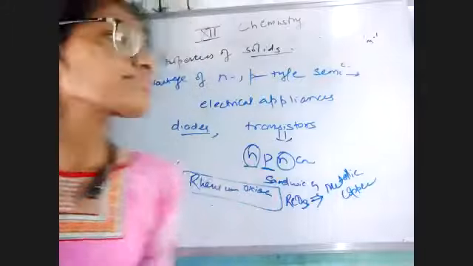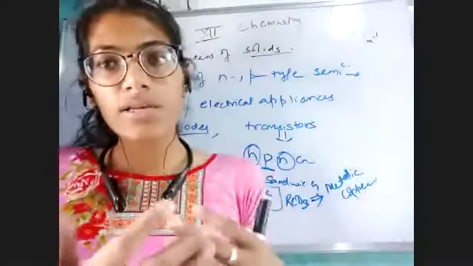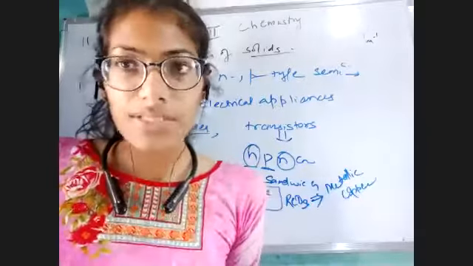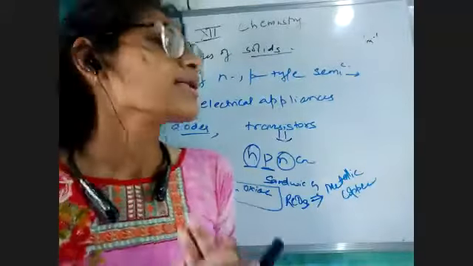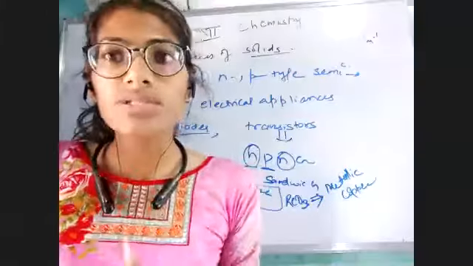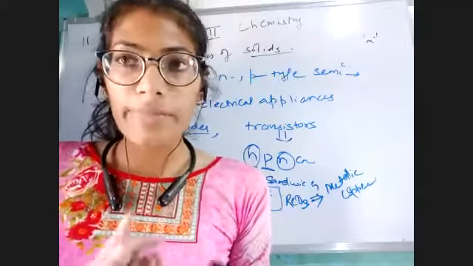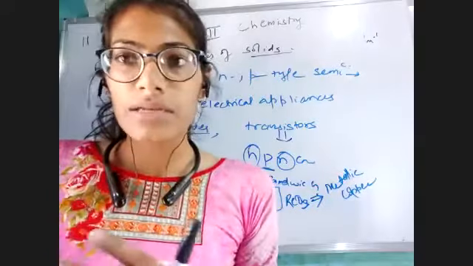Okay. And lastly, when we have doped them, when we have increased the conductivity, we have seen what are the advantages, what are the benefits, and these advantages and benefits are for making some electrical appliances like diodes, like transistors, and so on. Okay, so this was all from my side. This was all about the n-type, p-type semiconductors. Now